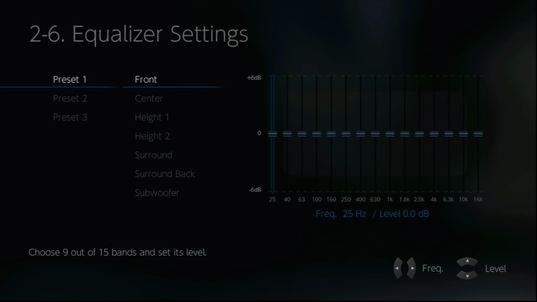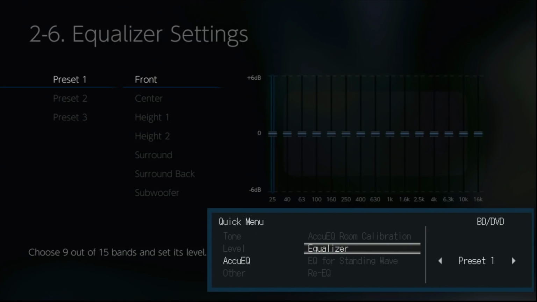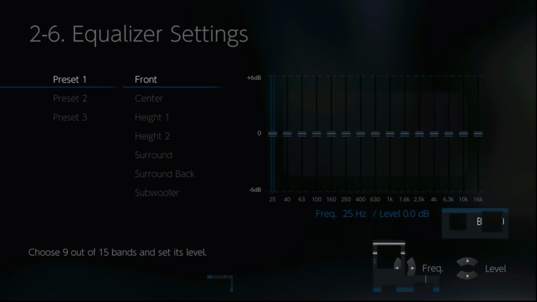So for example, you want to set up your own late night mode and you just want to enhance the dialogue from the center channel. You could just go into the center EQ and bump up the frequencies where they have female and male vocal range. And then when you want to actually use the EQ, you can go into the quick menu on the remote control and you can then choose if you want to use a preset or not. But the EQ presets give you the ability to actually manipulate the sound in the particular room and environment that